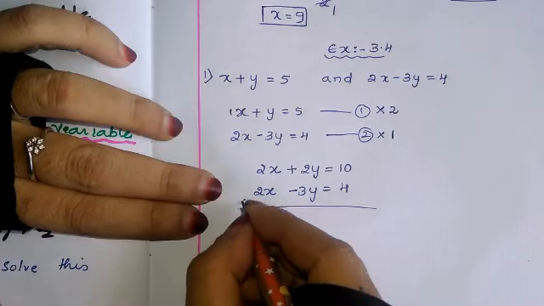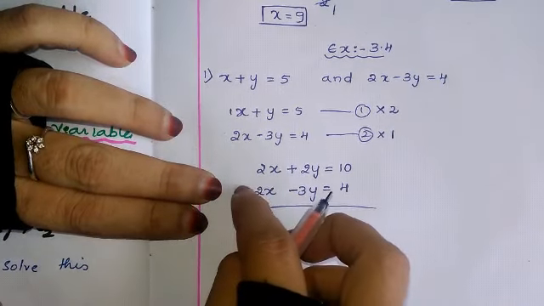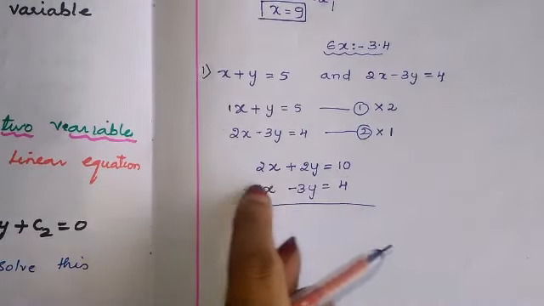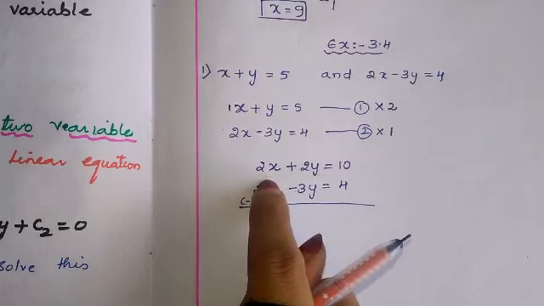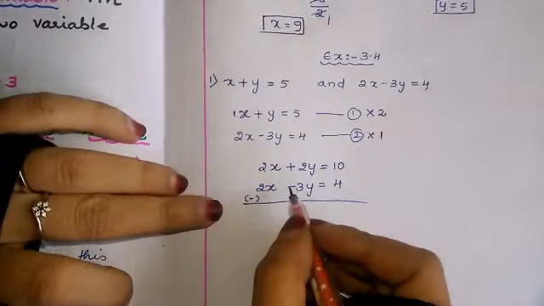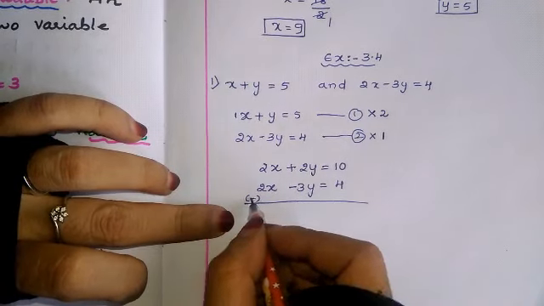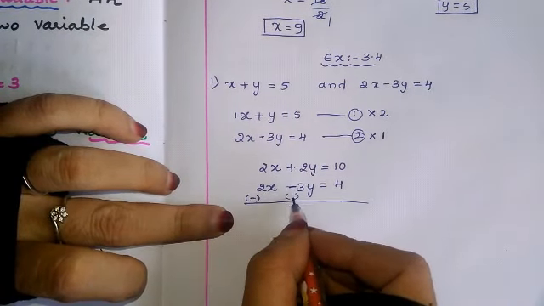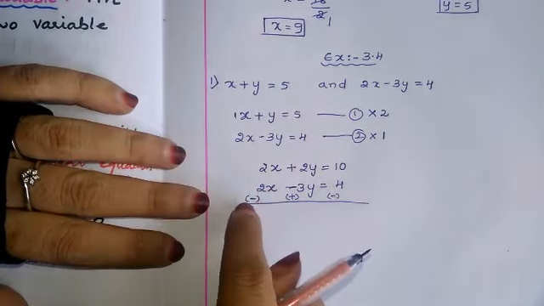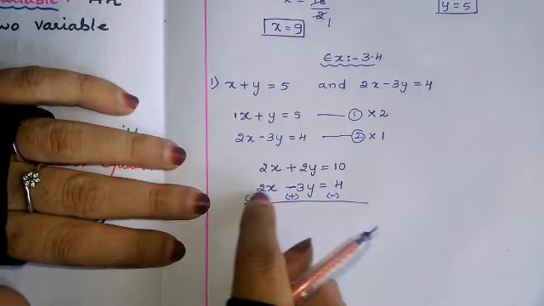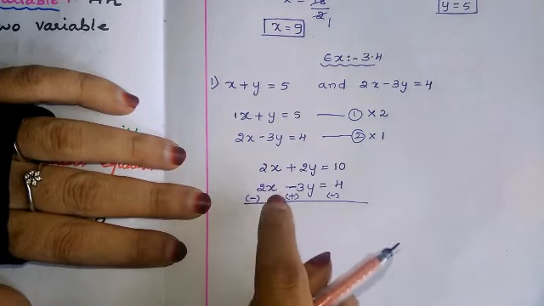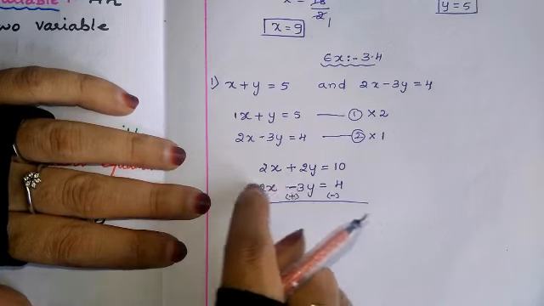So let me change the sign. Minus, here plus sign. The second equation's sign we have to change. This is the second equation. So we have to change the sign of the second equation. So I'll change here plus sign, I have taken minus. Here minus sign, I'll take plus, and here nothing means plus, we have to take minus. Now we have to focus on this sign. For the second equation, what sign I have taken in the bracket, right? That we have to focus on. We should not see this sign.